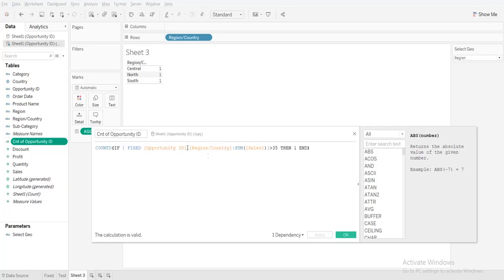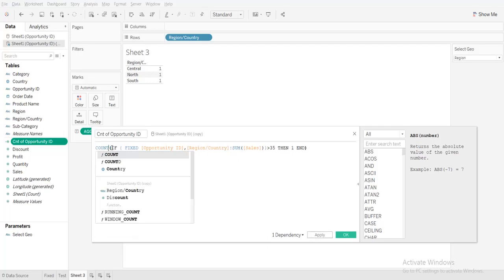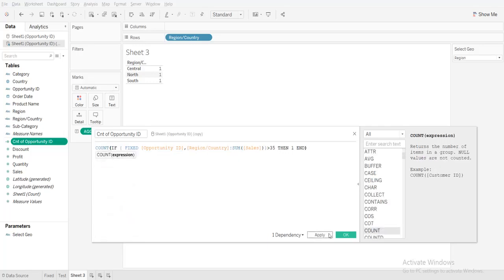Fixed opportunity region, this country, sum of sales. Then 1. You write like this, count. Yeah, count.